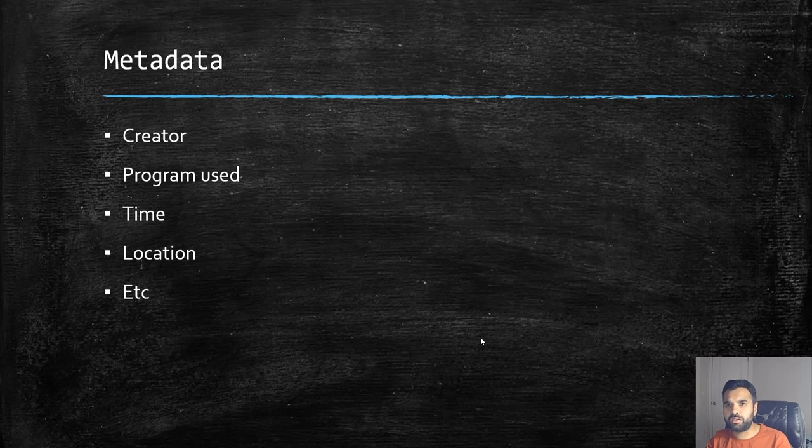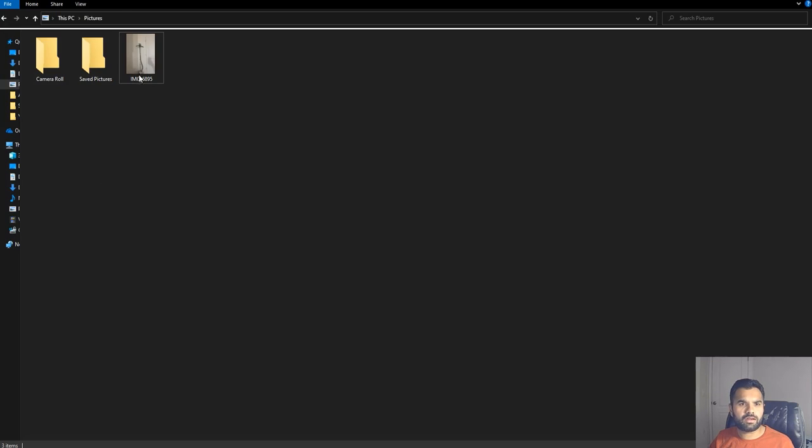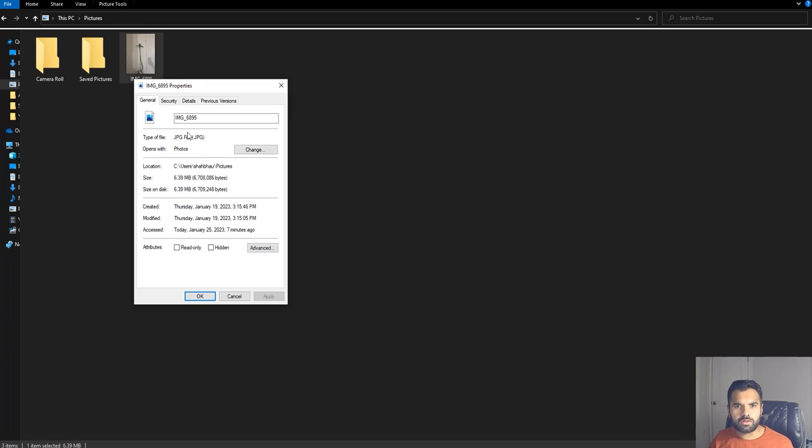Second thing we are going to learn is we are going to practice the threat model of some of the common patterns or techniques, mechanisms that we use to exchange files with other users. So let me show you a quick demo of the metadata. So suppose here is a picture that I had captured with my iPhone, and if you go to properties of